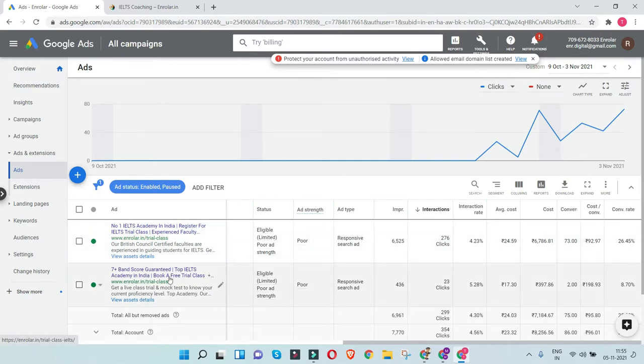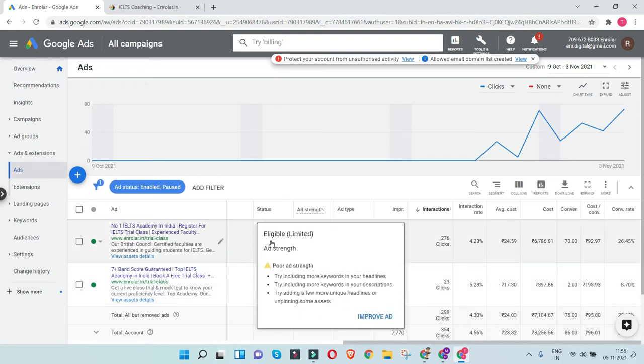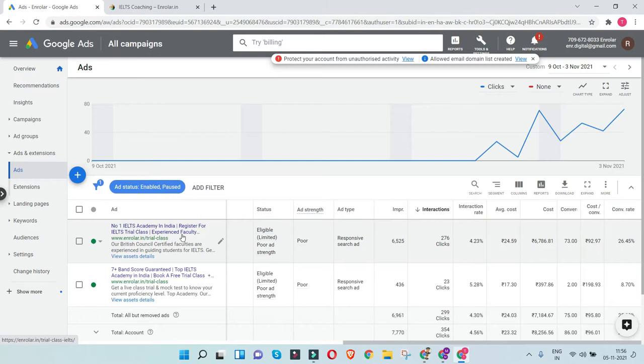You need to quickly realize this, because ad copy is something that is poor over here. That's what Google says. And if this is the scenario in your case, please try to quickly analyze the ad copy. This is very important because ad copies are very subjective in nature. It's a creative area, and there is a lot of gray area to play in. An ad copy which might look good to you might not be good for a lot of other people in the market who are actually consuming your ad. So you need to look at how you can make it more impactful.